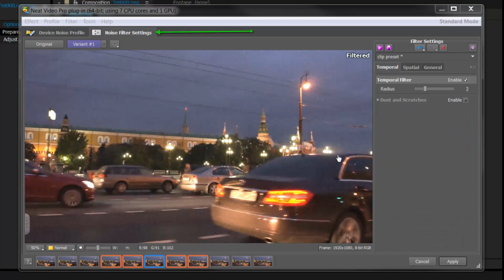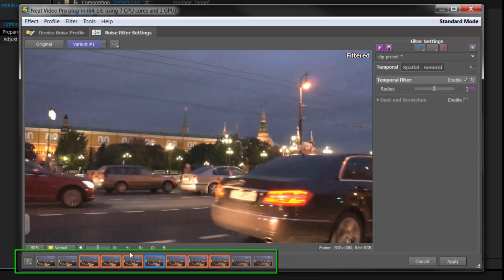And you can check how things are, and as before, if we want to increase the filtering, under the temporal settings we can increase the radius. Now you can see at the moment it's looking at the present frame and the 2 frames before and the 2 frames after, and you can increase that to 3, so it's 3 frames before the present frame and the frame after, 4 and then 5, so you can see it's 5 before, present frame, 5 after,